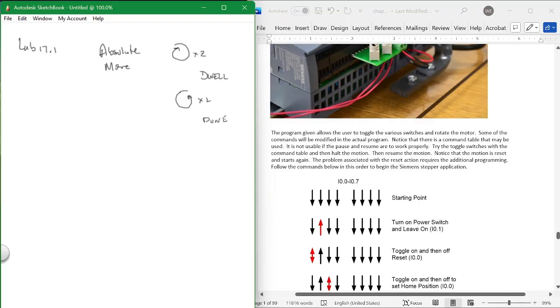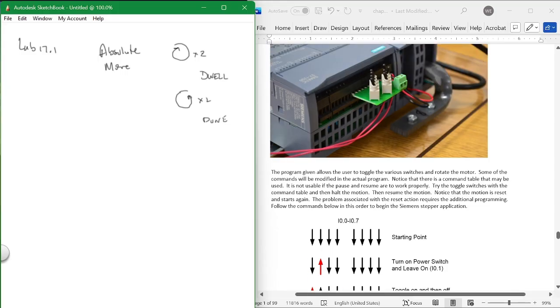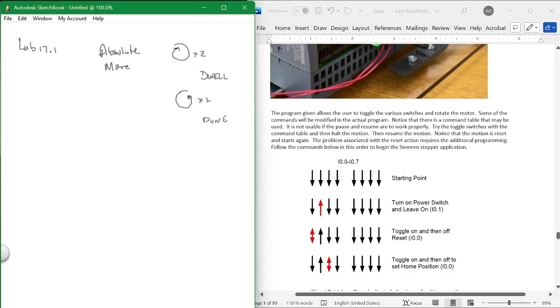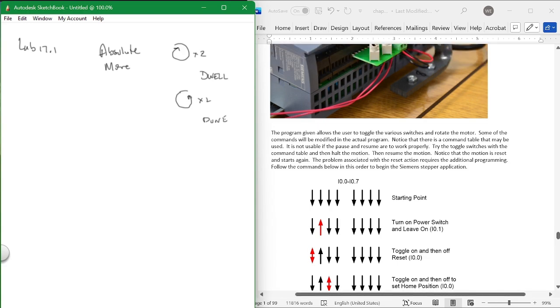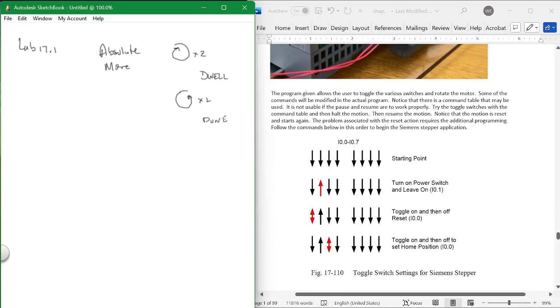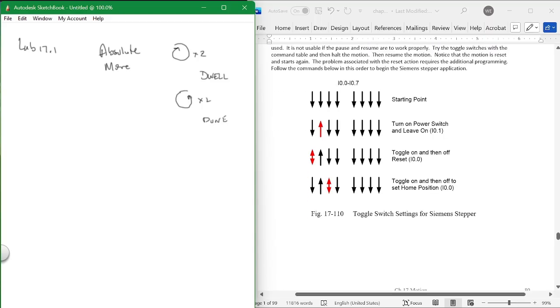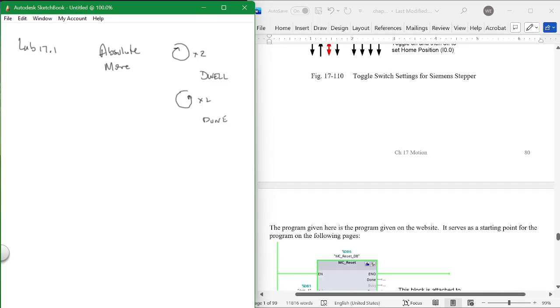The next one is you toggle the reset button, which is the first button. That's the first one over here, and you turn it up and then put it back down. Then you toggle the third toggle switch, and that sets your home position. Wherever your home position is, that sets it as your home. And from that point on,